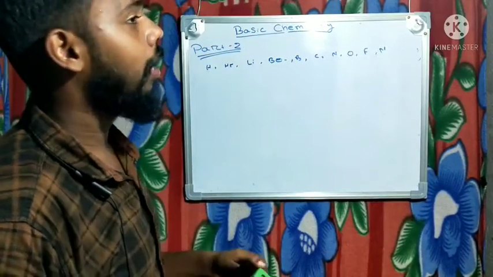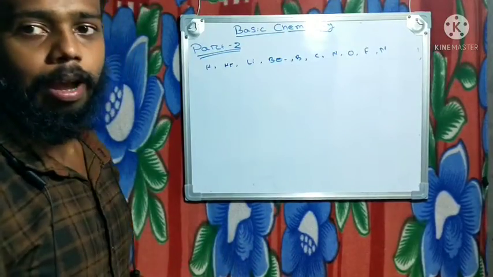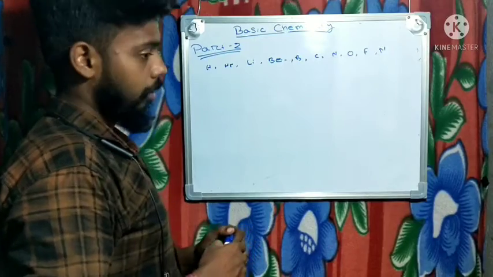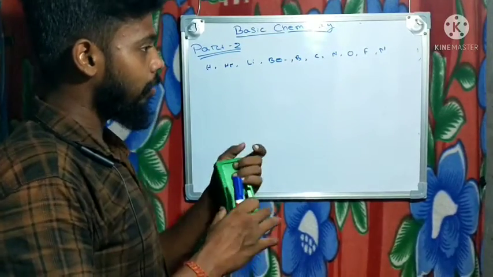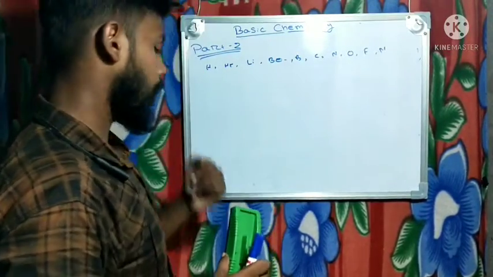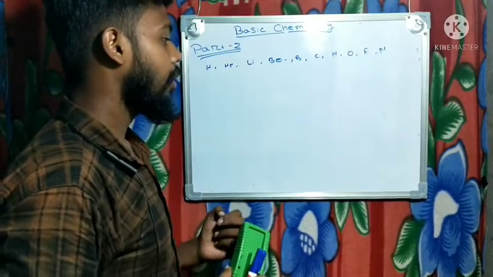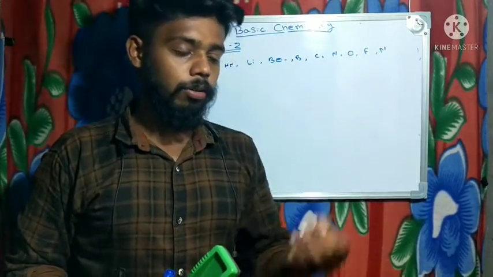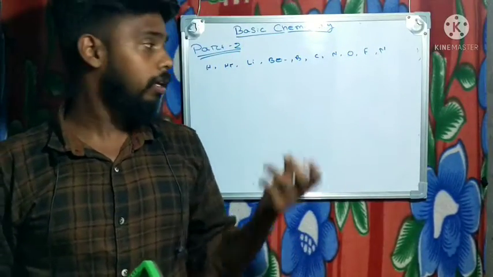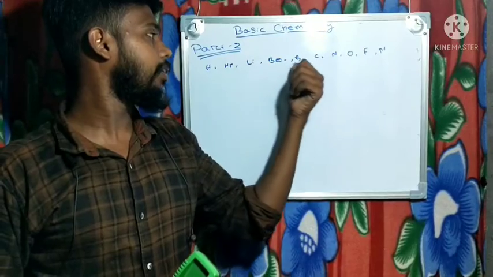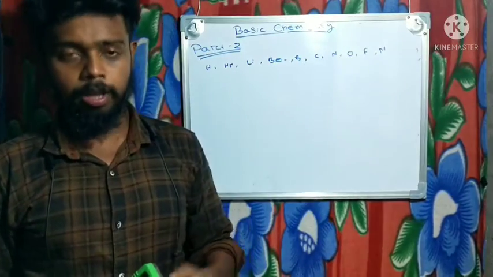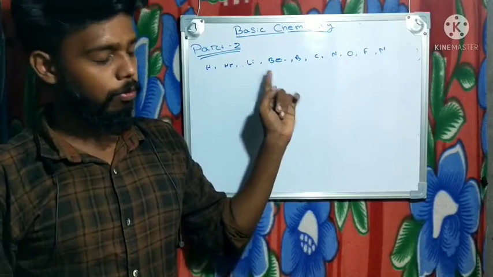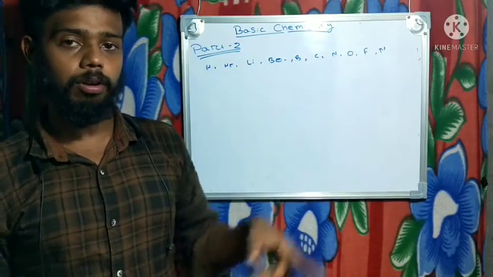They should be in a proper format. How will their format be generated? See here. As in our previous video, everything is a neutral object. How is it neutral? The number of protons is equal to the number of electrons. That's why hydrogen, helium, everything is neutral, because the number of protons should be equal to the number of electrons.